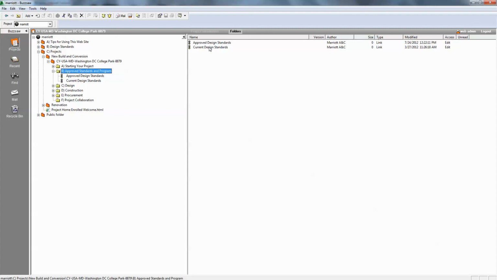In the previous session, sorry, the second session, we focused on design standards. The current design standards are whatever our standards are today, whereas the approved design standards is when this exact project was approved. So what are the minimum set of standards and specifications that you are held to? It's nice to have, because any sort of change from the approved to the current is a decision point